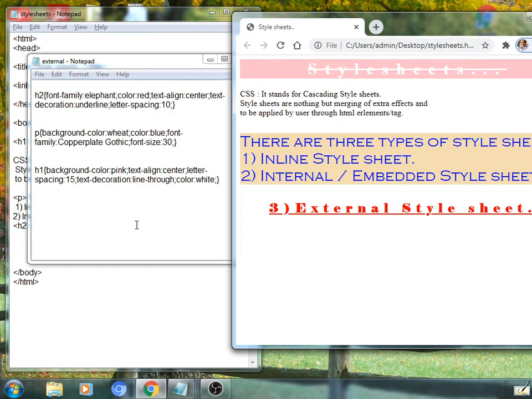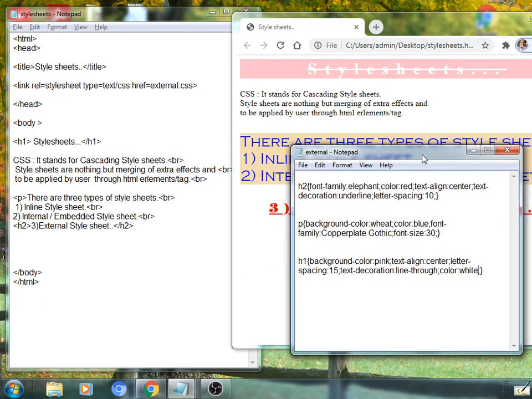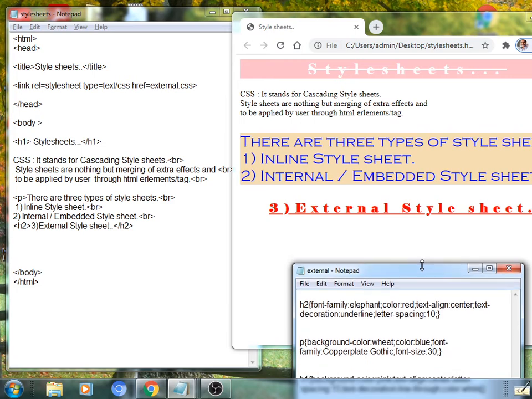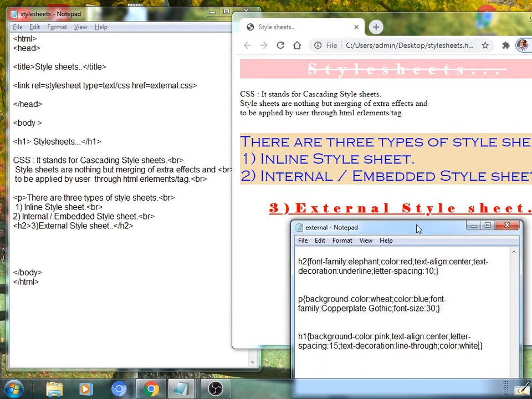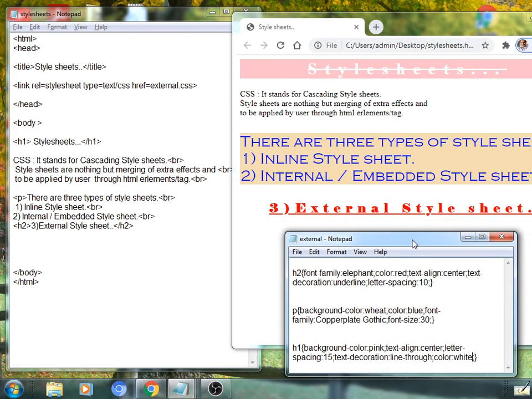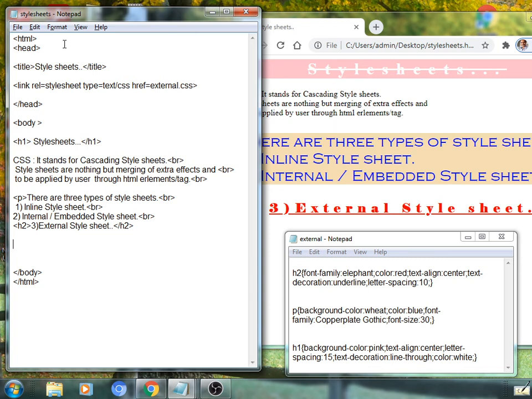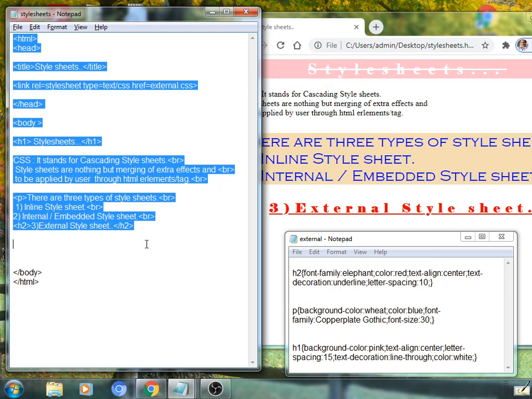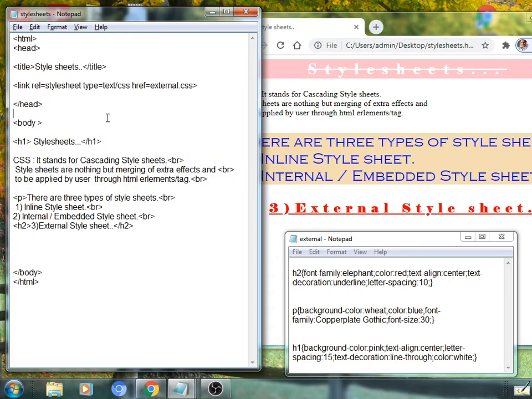So in this lecture we have seen the next type of style sheet, how it is prepared and how it is applicable on the something.html file. See here, it's a simple document we have prepared, something.html, as we saw in the last lecture, style sheets.html.